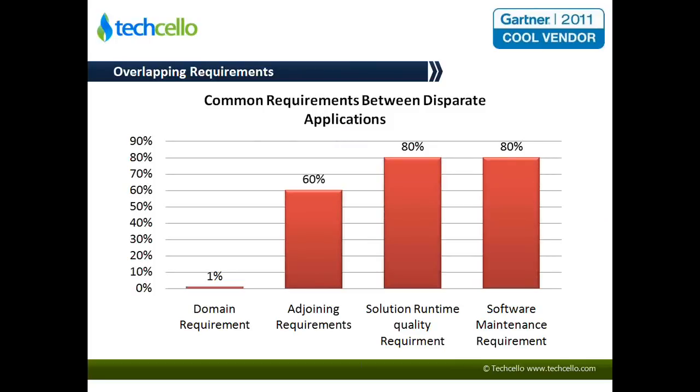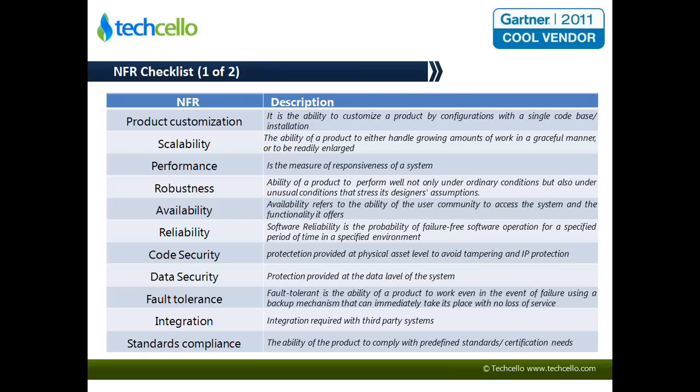And looking at the overlapping part of it, the overlap increases drastically as you look at the remaining 3 portions, which are the adjoining requirements, the runtime, and the maintenance requirements. And you notice that as much as 80% of duplication or repetition is there from one product to another product. Like I said, concurrency still remains the same. It's the value of